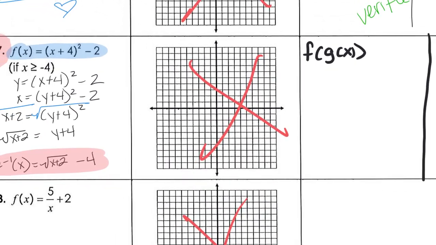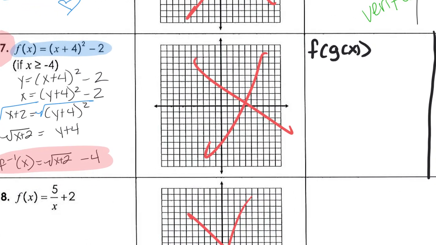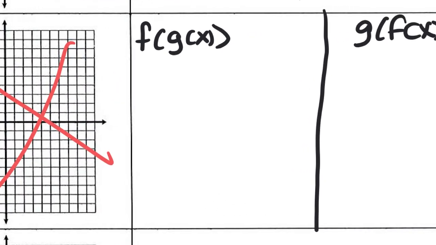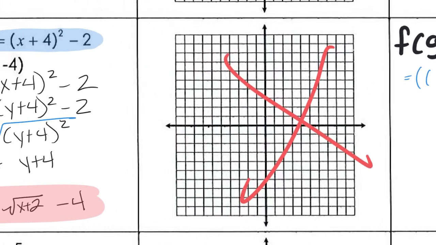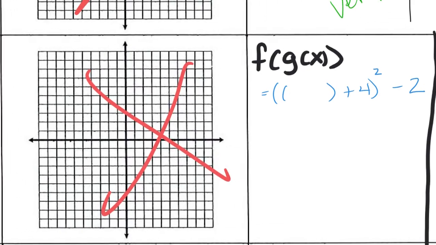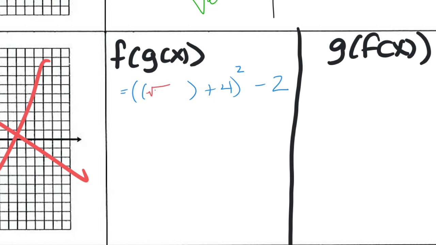So start with my f, which was x plus 4 squared minus 2. And we're going to fill in that x value with what we think is the inverse. Square root of x plus 2